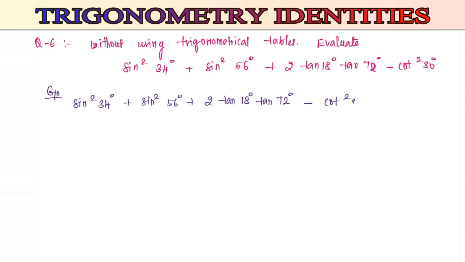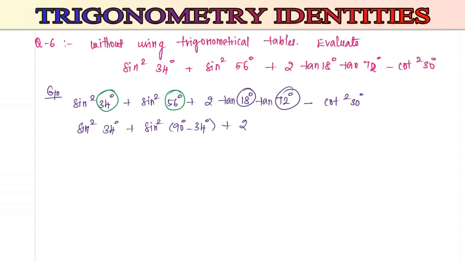Here we need to take the complementary angles 34 degree and 56 degree. Both if you add, you will get 90. One you have to change, the other value you are not supposed to change. So I am going to change the second one. Sin square 90 minus 34 degree is 56 degree plus 2 into, here also 18 and 72, it is 90 degree. So 2 tan 18 degree into tan 90 minus 18 degree